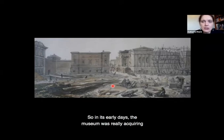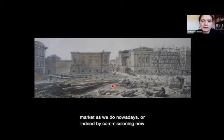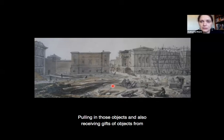So in its early days, the museum was really acquiring its collections, not by going out and excavating or by buying objects from the existing legal art market and antiquities market, as we do nowadays, or indeed by commissioning new pieces, but by buying in whole collections from collectors who had spent a number of years previously collecting a particular type of object. Buying in those objects and also receiving gifts of objects from the Crown meant that very soon